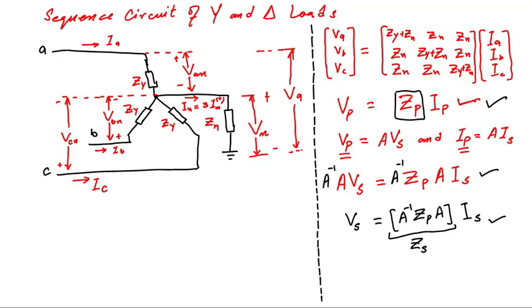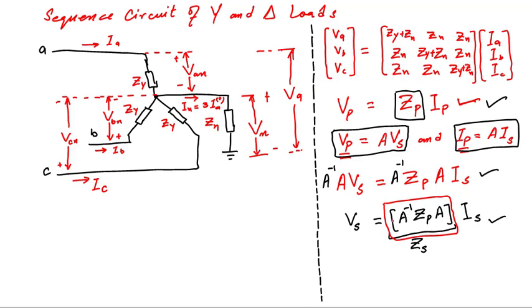Now we have a set of formulas that can be used to convert the phasor form of voltage, current and impedance into their sequence form. This equation is used to convert the sequence value of voltages into the phasor value and phasor into the sequence component. This equation is used to convert phasor form of current into sequence component and sequence component into phasor form. Just by multiplying this equation by A inverse, we can get the inverse function. In the same way, this product gives us the sequence impedance matrix. By using this equation, we can convert the phase impedance matrix into the sequence impedance matrix.